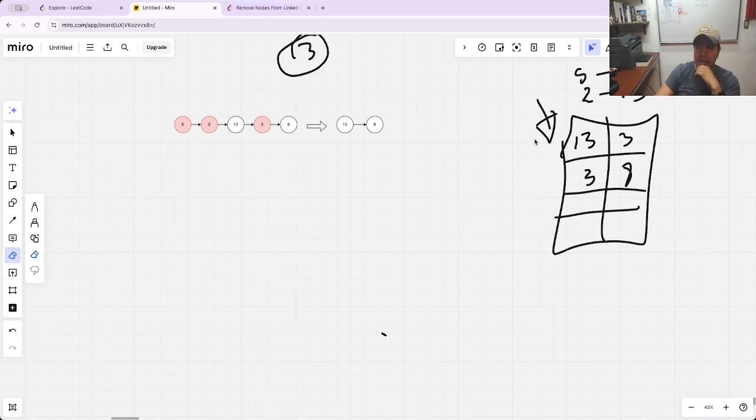I was thinking to save the reference of the object, so we don't create the new node, but it's exactly the same. Don't change anything. No, my first or my previous idea